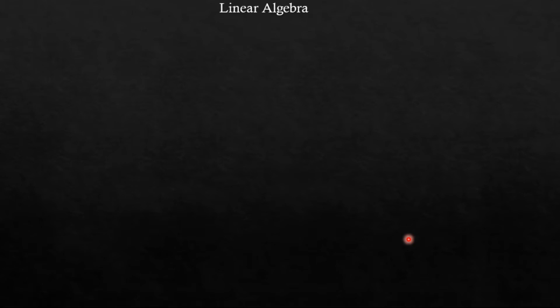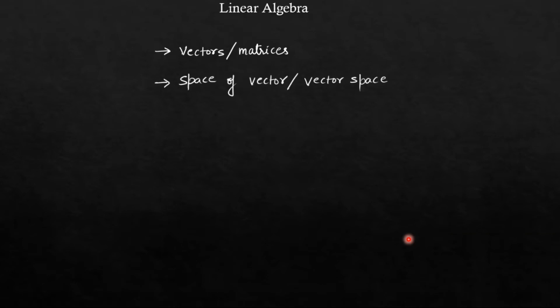Okay? That is, if you take the x variable, it will only be present as a linear power. That is, you can have ax plus bx, something like that, but not ax square plus bx cube. Okay, no higher power of x will be there. That is known as linear algebra. Now linear algebra is basically a special branch of mathematics which deals with vectors, matrices, or the space spanned by vectors, or we can call it a vector space.